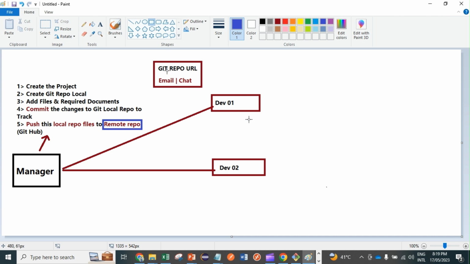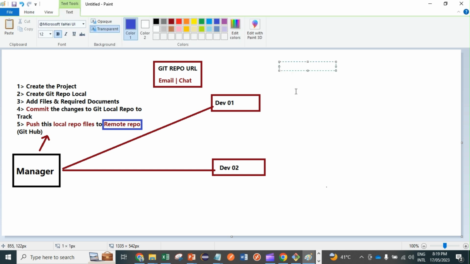So after that, he will send a broadcast to the team, right? They can start cloning this one. Cloning means create a copy, so from their remote to the local, right? So what will happen? This developer will perform certain activity. So we can start. First of all, as I said, clone the repo or copy the repo to local